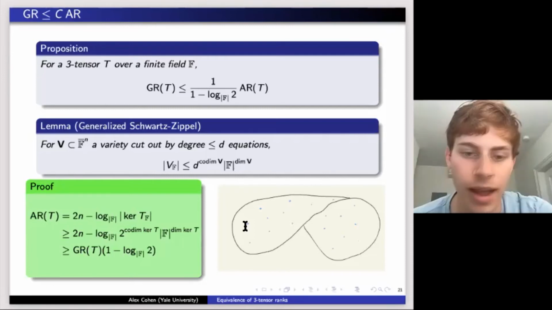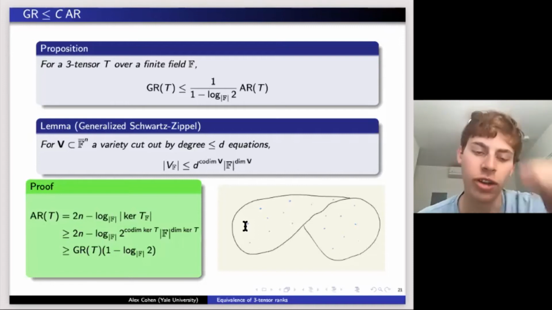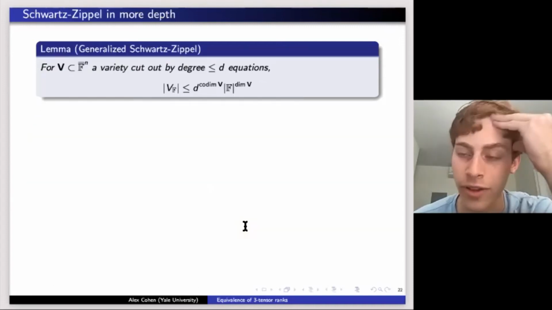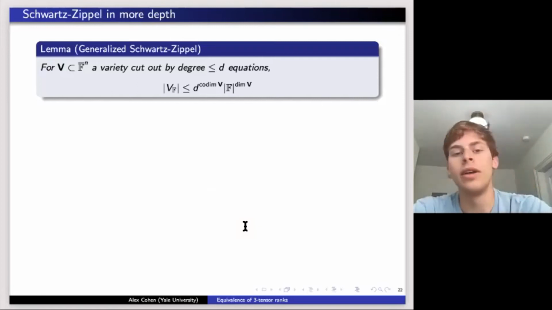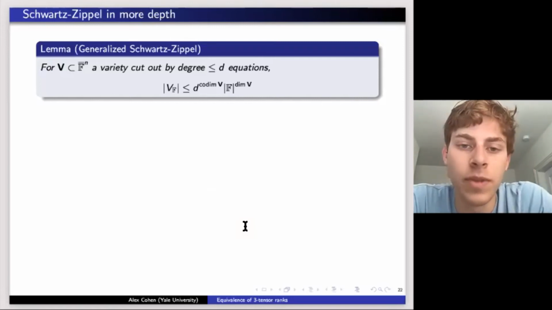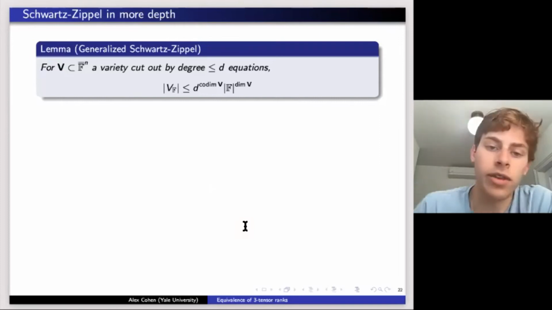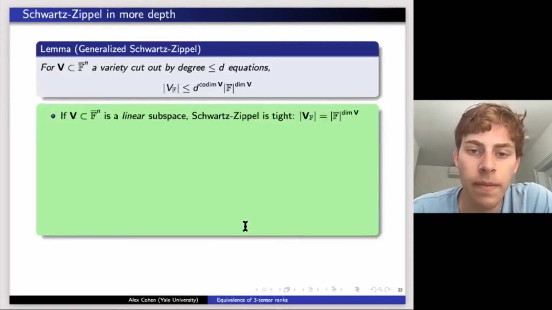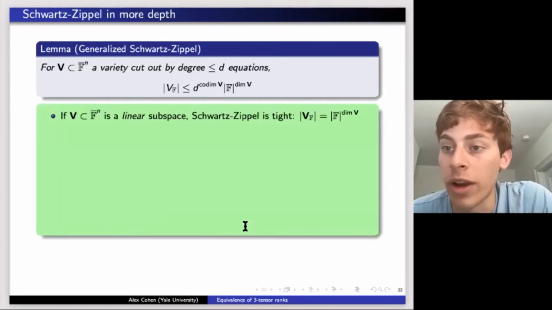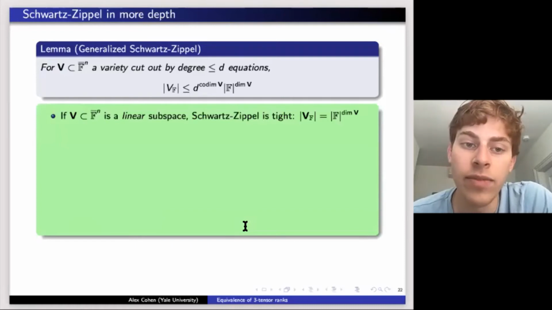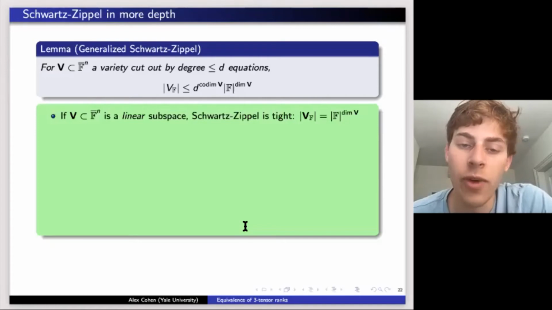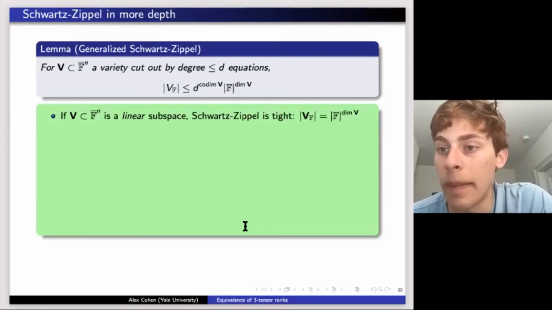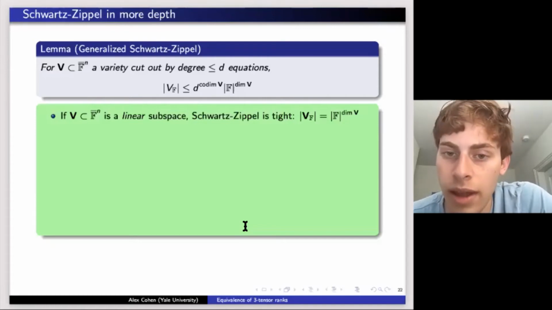Yeah. I think probably the trickiest part is Schwarz-Zippel, and so I have a whole slide on that. So Schwarz-Zippel. Okay, so what is this saying? First, to understand it, let's take one extreme, which is when the variety that we're talking about is a linear variety. So if we have a linear subspace, it's cut out by degree 1 equations,